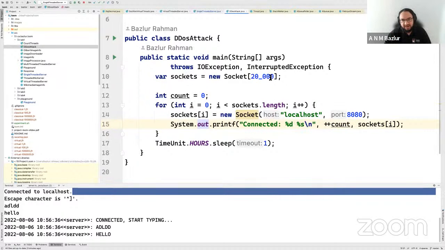What I have done over here is create 20,000 sockets, and I want to connect these 20,000 sockets with this server that I have just converted into a multi-threaded web server. If I run this program, and I'm not going to run it because there is a chance that this program can crash, and it may interfere with